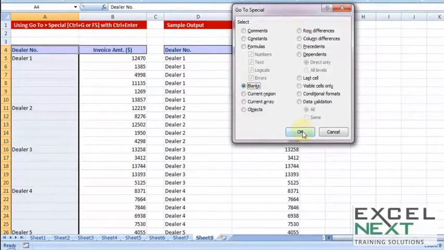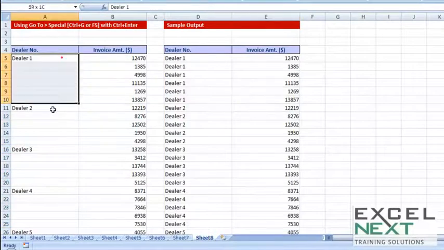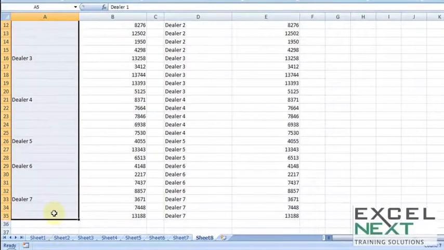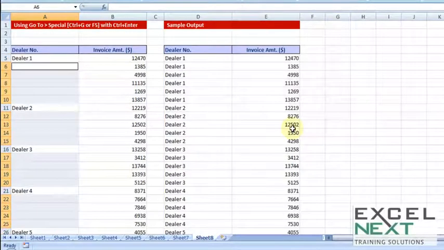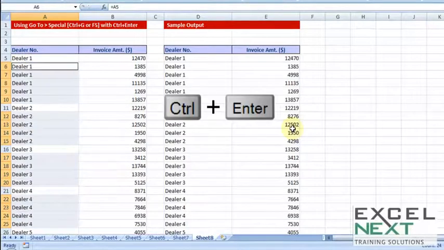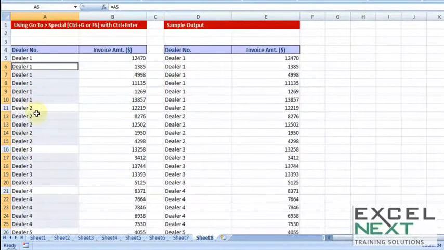Now what blanks does, as we know, it will choose the blanks. Now do not press any other cell or key, because if you do that, the cell selection will go away. So do keep this in mind. Control G, special, blanks. Without selecting any other cell, simply press equal to and choose the cell above it. Let's say dealer 1. Now do not press enter, because if you press simply enter, only one formula will appear. Let me press Control Z. Let me press not enter but Control and enter together. You'll notice all these formula filled in, and that's adequately reflecting the dealer names.